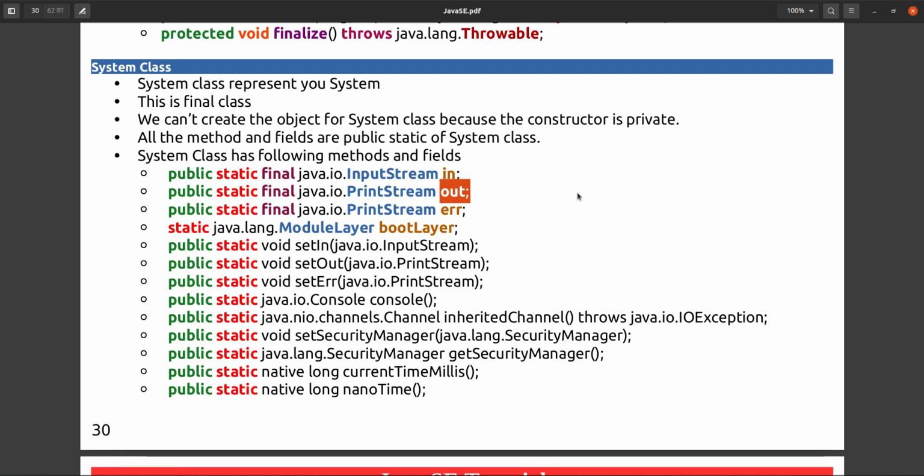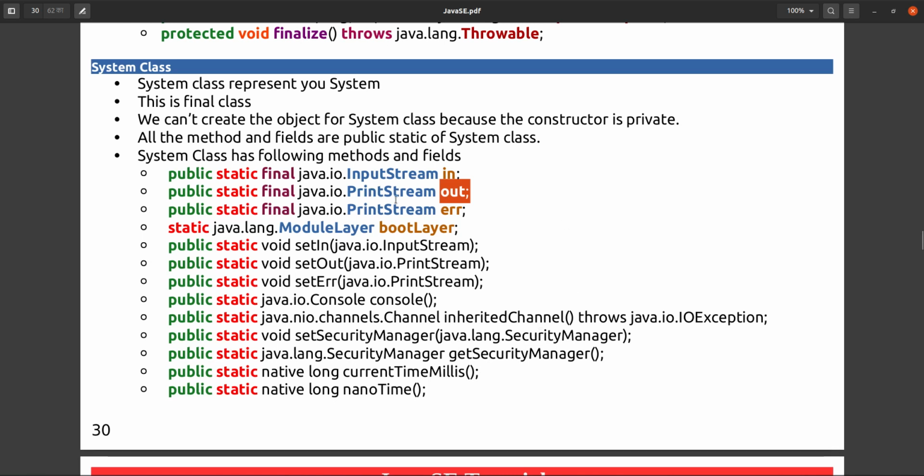Inside System.out, out is one PrintStream type object that directly points to your program console, where you are executing the program. Out is the variable name.